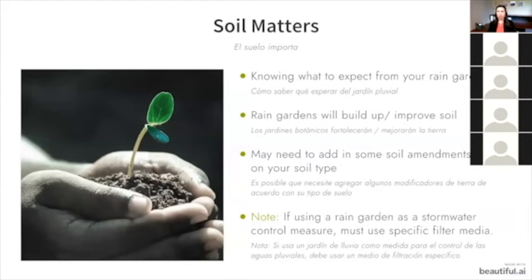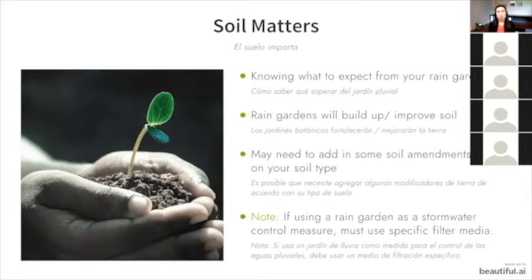So I was kind of moving back and forth between saying filter media. What that really is, is your soil. If you are from a municipality and you're using this as a water quality or a stormwater control measure, you have to use a specific type of media. If you are installing this at your HOA, at your residence, or at a commercial building where it does not fall into that category,